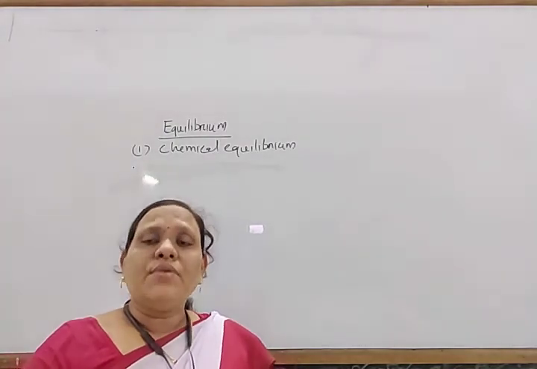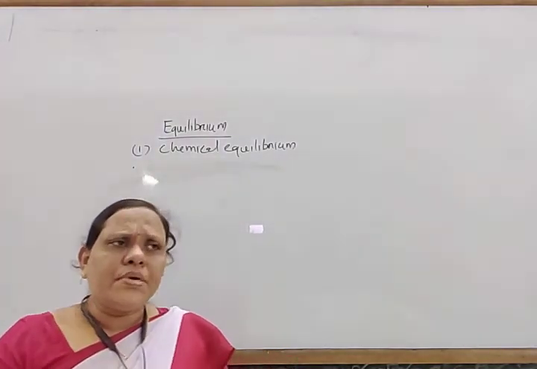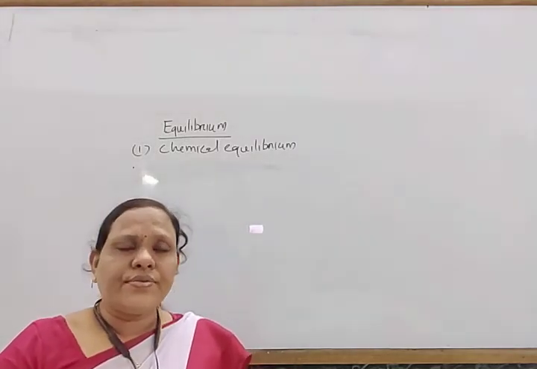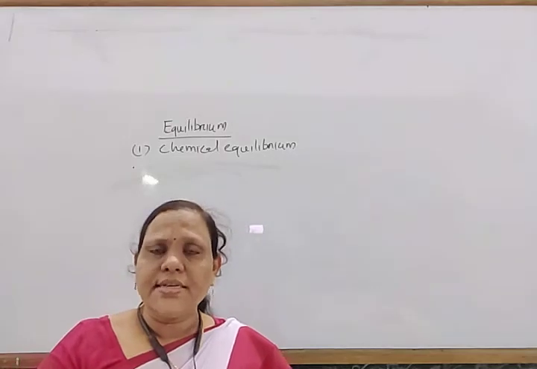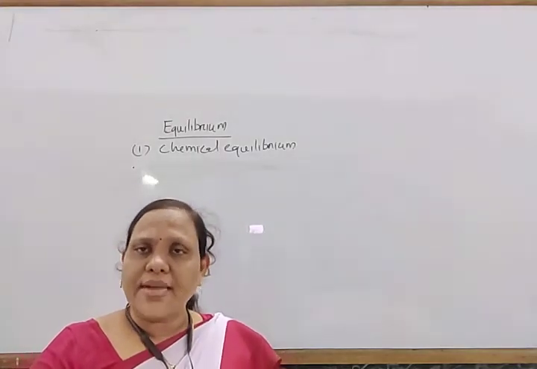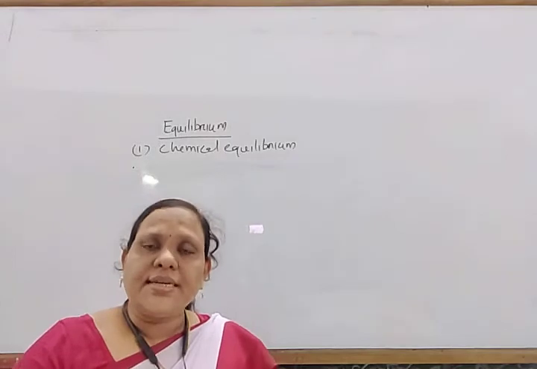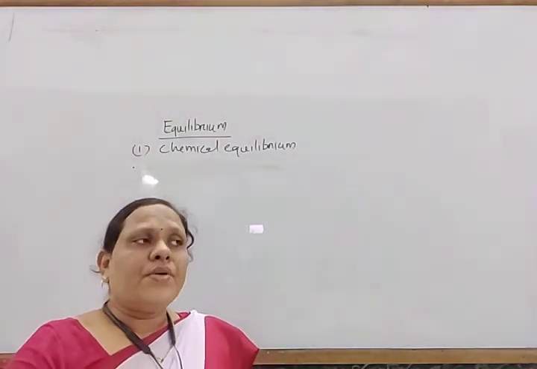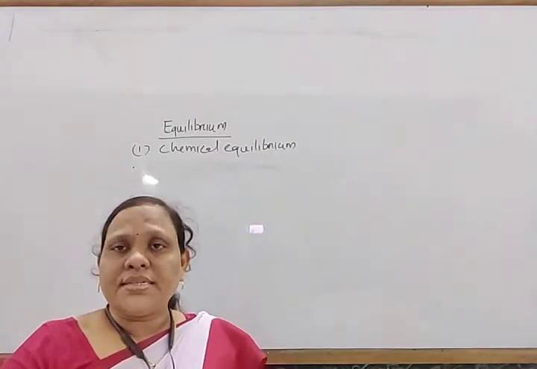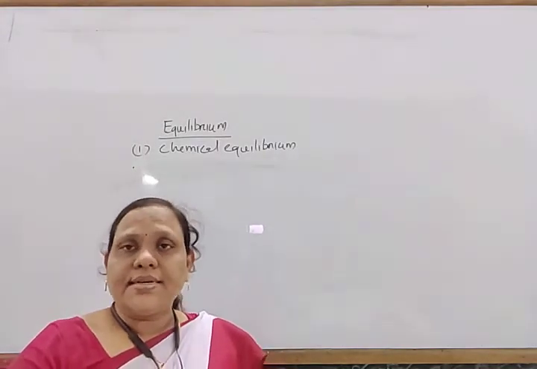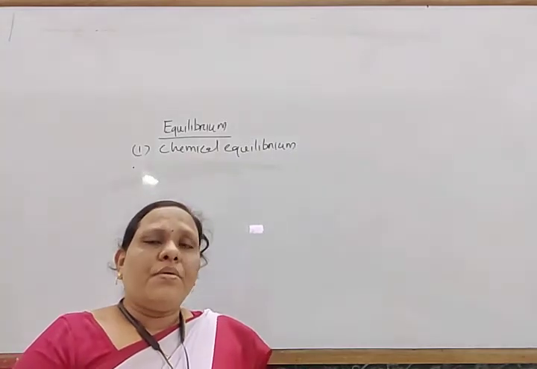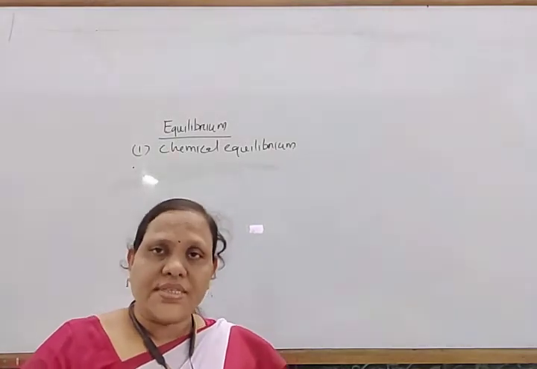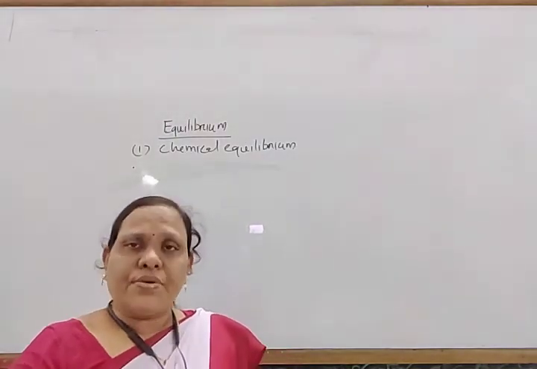Next, the question arises, what is this equilibrium? In chemical equilibrium, the change of concentration of the reactant or the product with respect to time becomes zero. That state is known as the equilibrium condition. In a chemical reaction, the observable properties like concentration, density, temperature, pressure, all seem to be constant. So that is known as equilibrium.